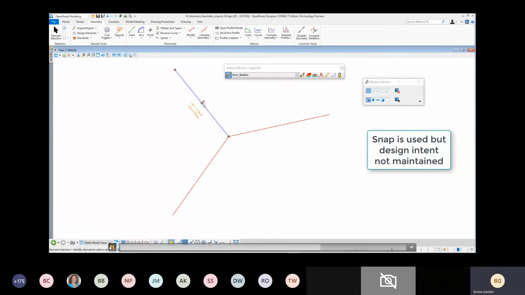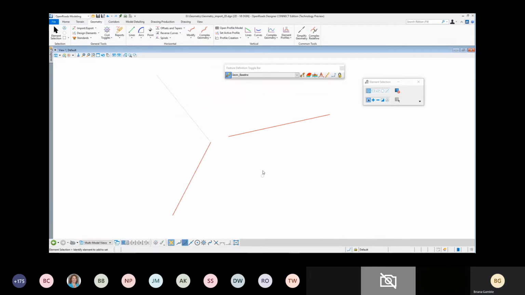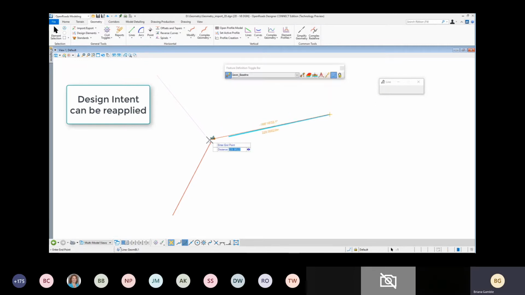And basically what it's shown here is I created this first line, snap to a point. I created a second line, arbitrary in space, and snap to this next point. It says snap is used, but design intent not maintained. I want you to just notice how when you manipulate one of these lines, the rest do not follow. The first line that snapped to it did. The second line,